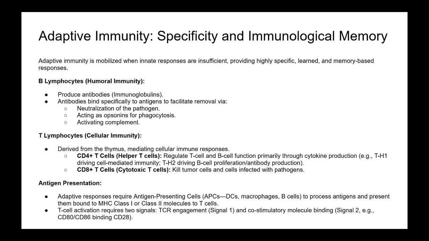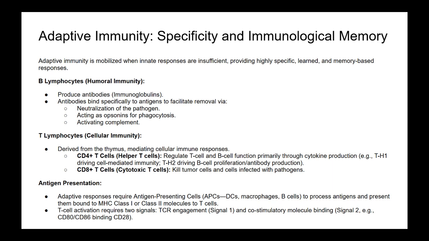Okay, and T cell activation itself, which is so central to therapies like checkpoint inhibitors and CAR-T cells, that's not a simple on-off switch, is it? It requires multiple signals. Absolutely not simple. It's a carefully controlled process. T cells generally require two primary signals to become fully activated and ready for action. What's signal one? Signal one is the specificity signal. It's the T cell receptor, or TCR, on the T cell physically engaging with the MHC peptide complex presented by an antigen-presenting cell, like a dendritic cell. This tells the T cell what to recognize.